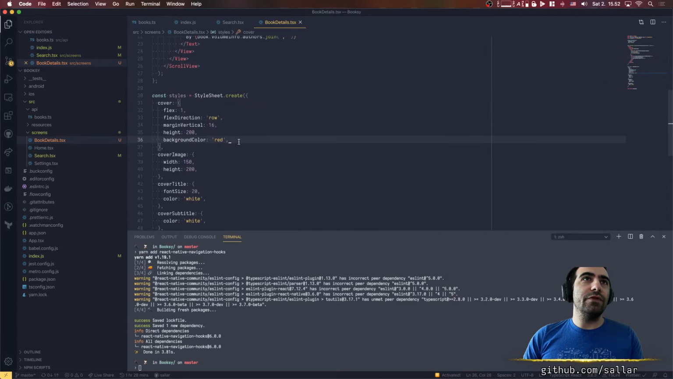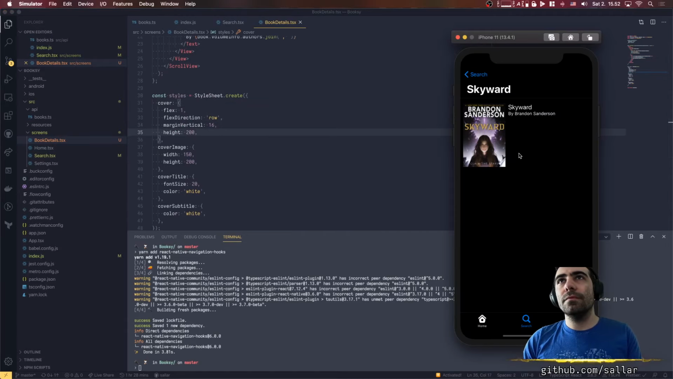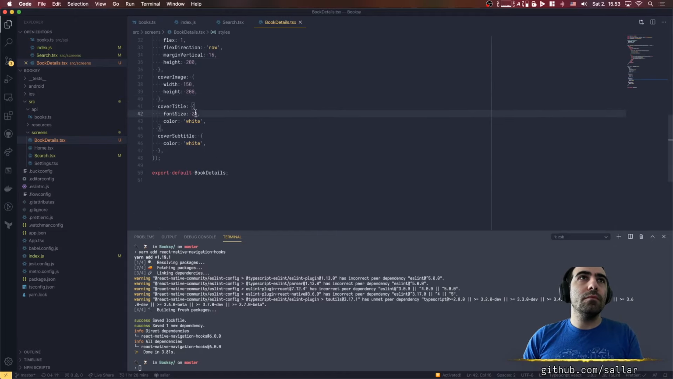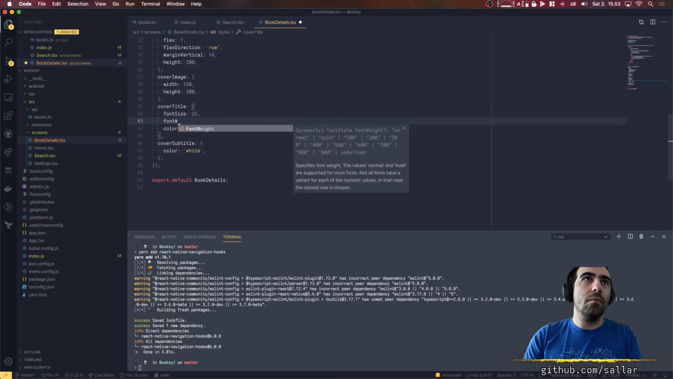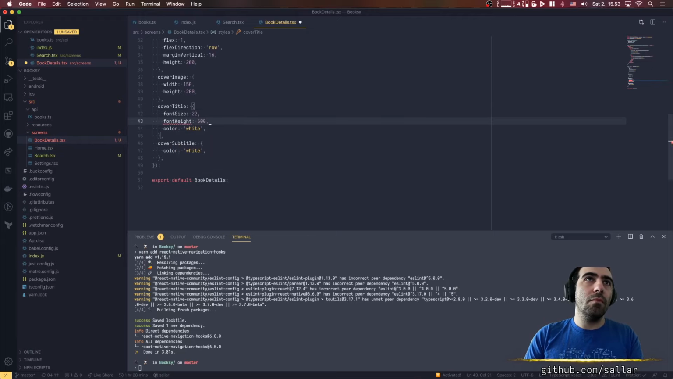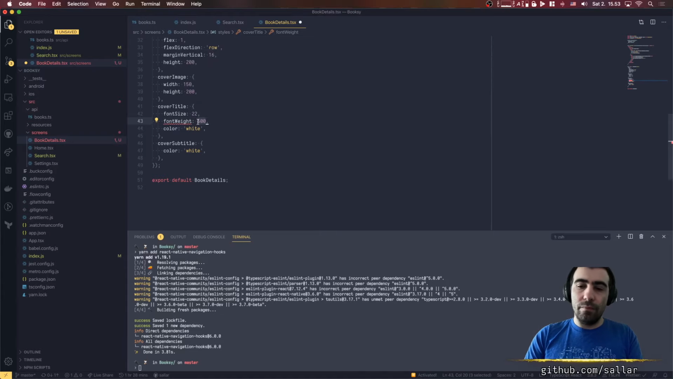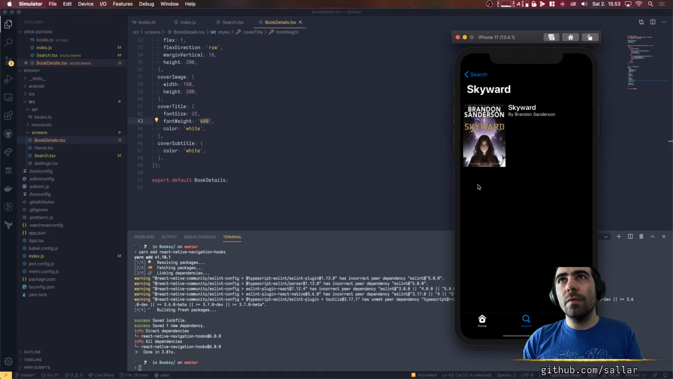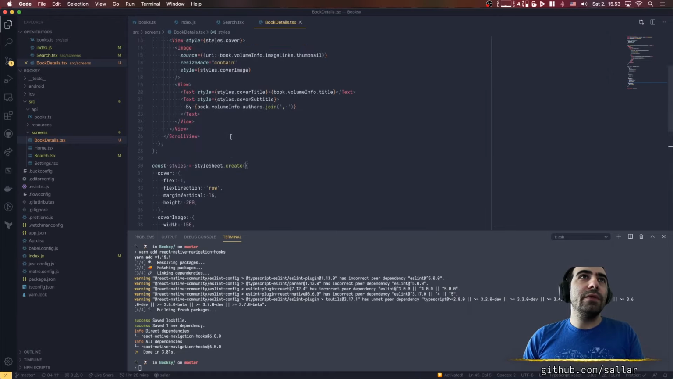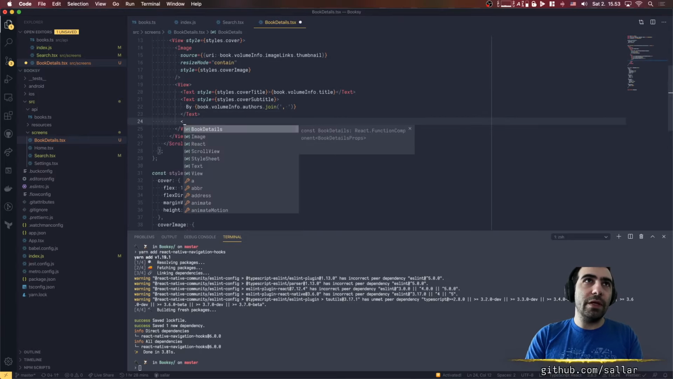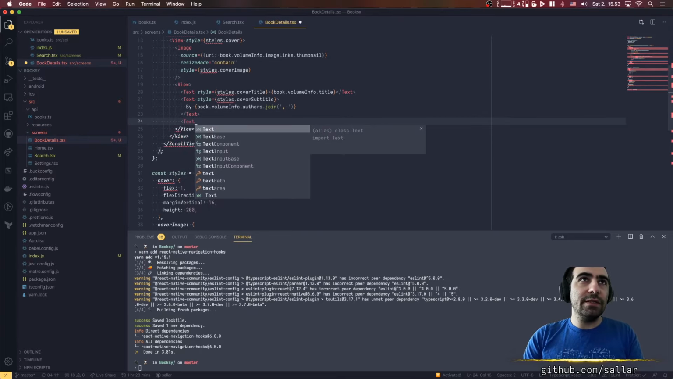And then we can remove this red thing. Like this. And then we actually want the description too, because text